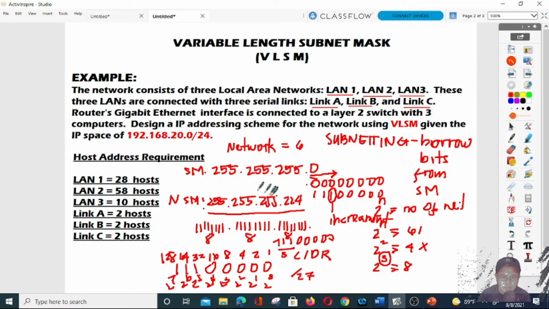Alright, so this will be our subnet. This is just a fixed subnet mask. So therefore, our increment is the last digit. This is our increment, which is 32. This is the block, they call it block size of the subnet. So if we're going to write that one,